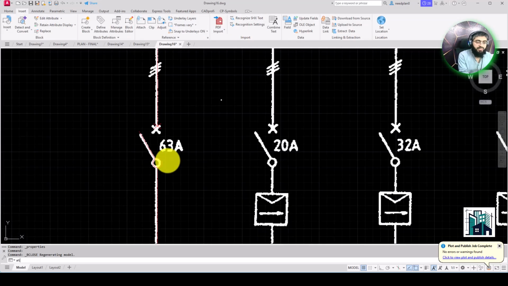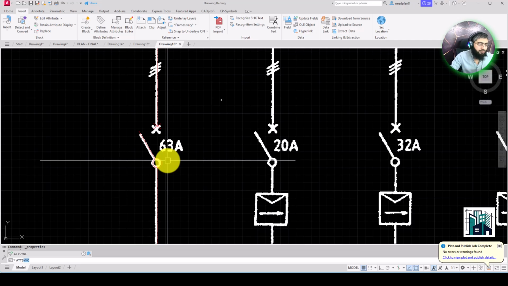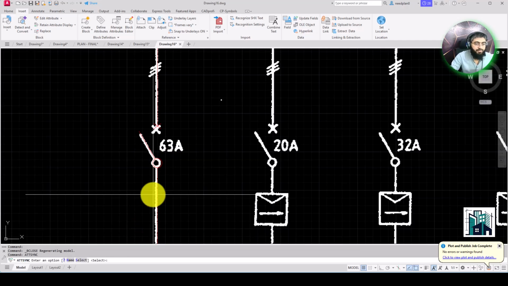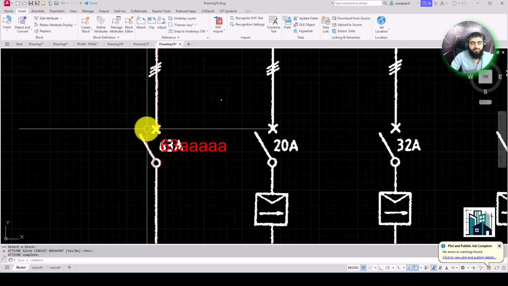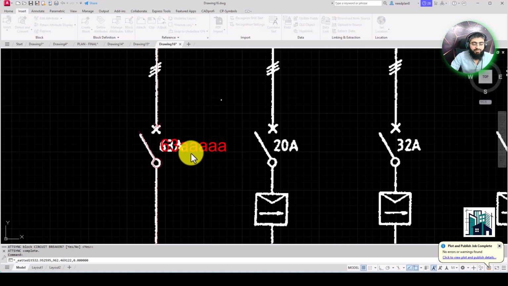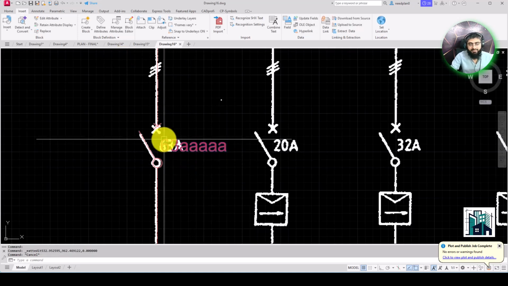So attribute same, and select the object, this object, and then enter. So why did that not appear before? Because I selected invisible. Okay, so when I want to edit this, I have to click here, and then